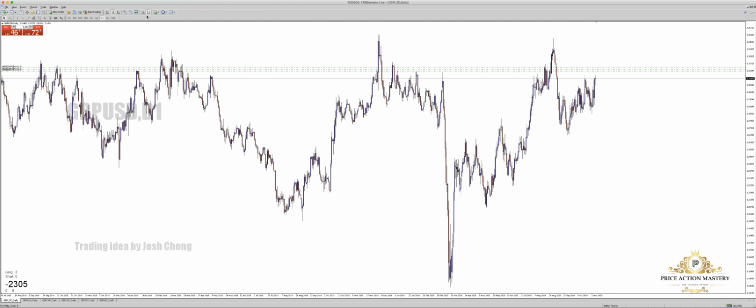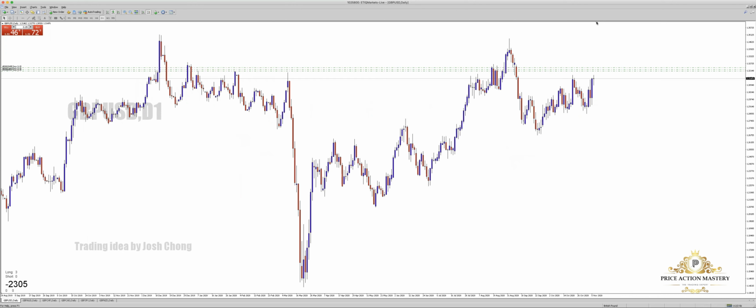Okay, so let's get started on the first pair, which is GBPUSD. In GBPUSD, I'm personally still looking at upside exposure, but recently the market has reached a resistance level. There might be a lot of sellers coming in to sell. I'll be waiting for the sellers to sell first, so they bring the market lower, and I am able to find a chance to bring the market higher, which is when I look for a buy opportunity.